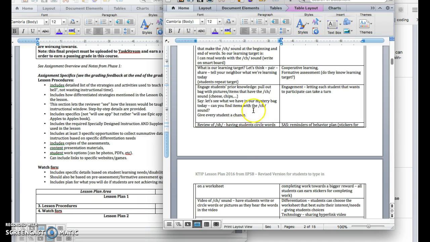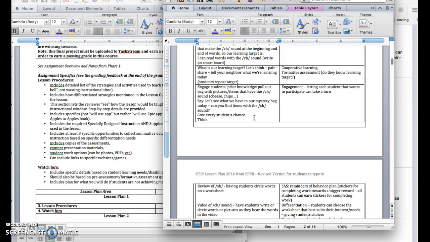So as you cruise through with this, this could also be another think, pair, share. This could be cooperative groups. So for every time you do a cooperative activity, list it over here. We're thinking Kagan strategies. And for every time that you do some kind of